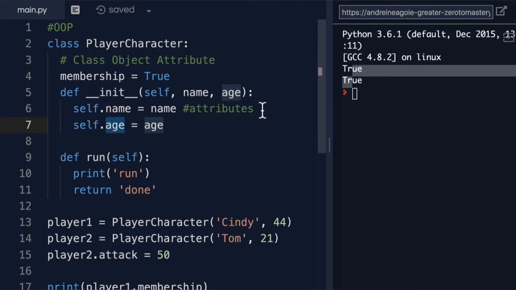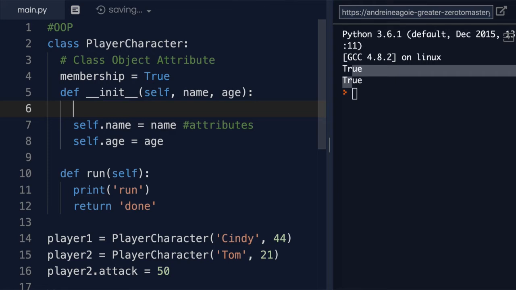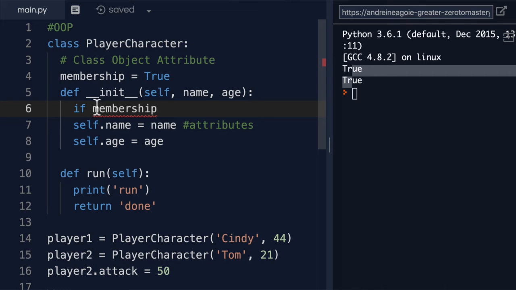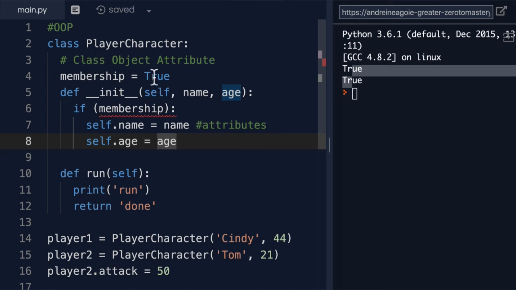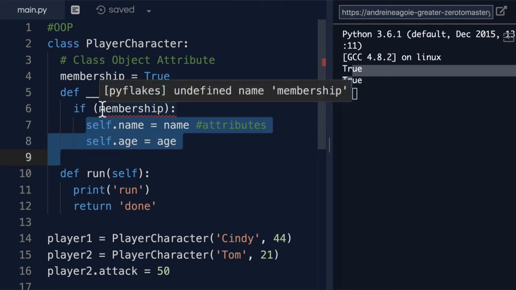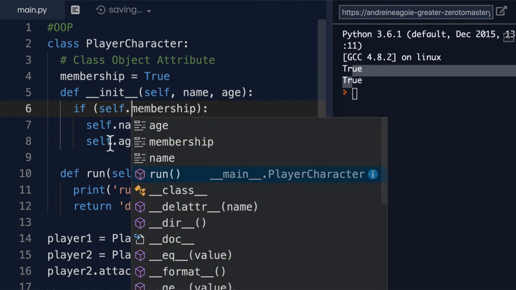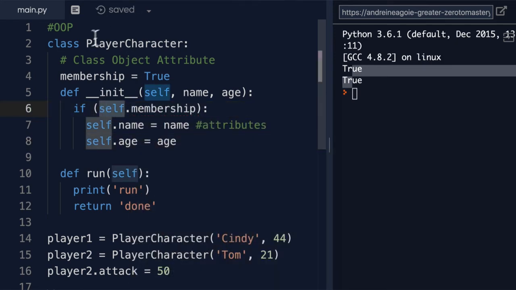As a matter of fact, for example, let's say we wanted to check if membership exists. So we're checking if membership is true, which, I mean, it always is. So this is a little bit redundant. But in here, I can say only if membership is true, then I'm going to assign name and age. But in order for us to access membership, I'll have to do self.membership, because remember, self refers to this player character, so that if I run this,